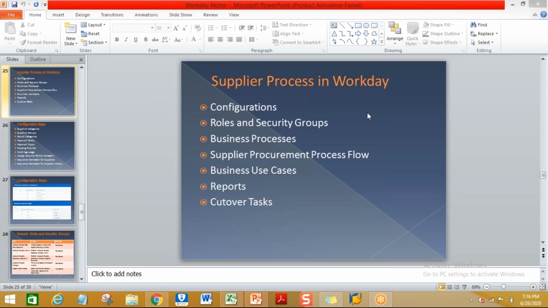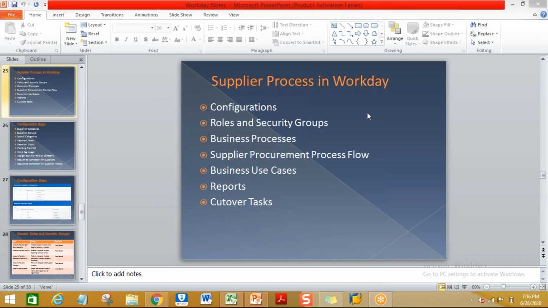So the service partner team, that means the IT team, will sit with your core business users team and take the requirements, and they will study your current process. They will try to understand your current process, and they will explain the to-be process. The to-be means the new system: how the same setup will be, how you are maintaining your supplier masters in your current system, and how your supplier masters are going to be maintained in Workday.